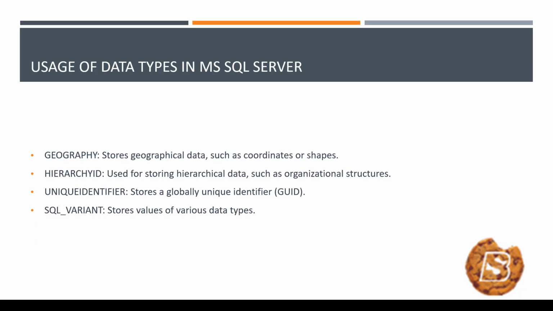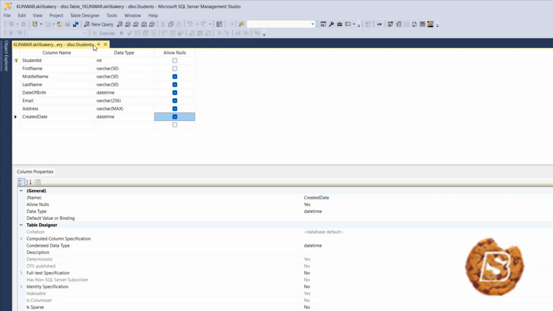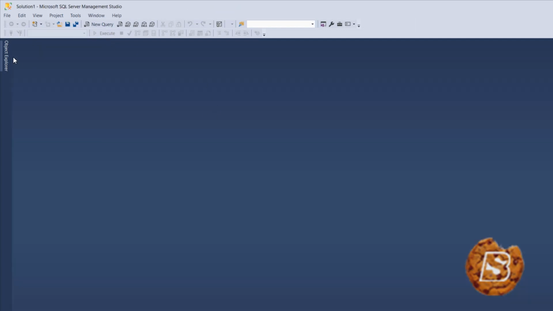Then we have geography, which stores geographical data such as coordinates or shapes. Hierarchyid, used for storing hierarchical data such as organizational structures. Uniqueidentifier stores a globally unique identifier, that's GUID. Sql_variant stores values of various data types. So that was a quick recap of what we have studied till now. Now that we have done this, let's proceed further